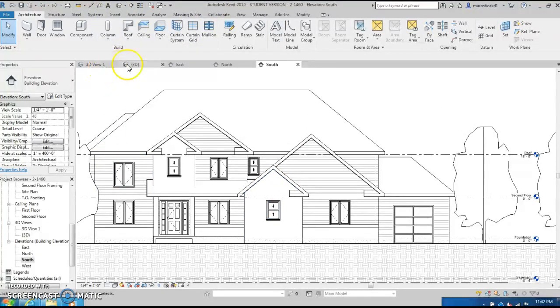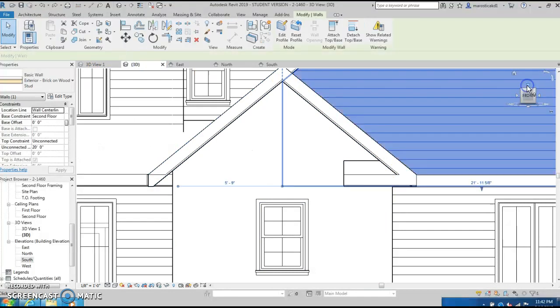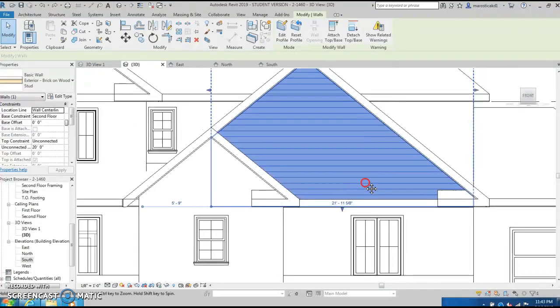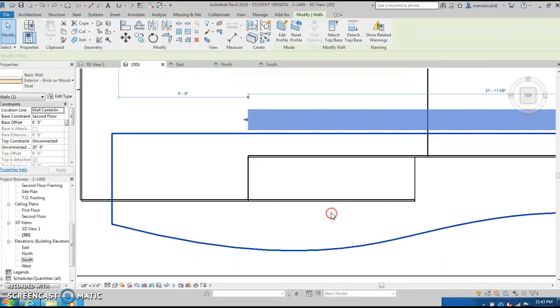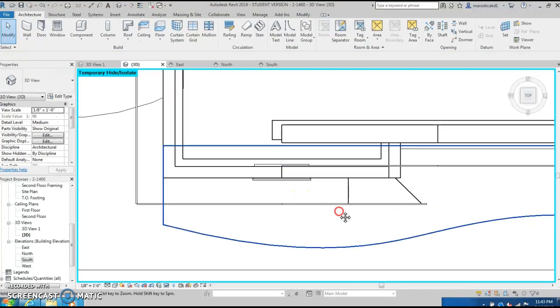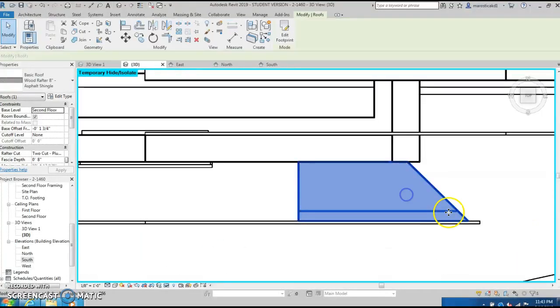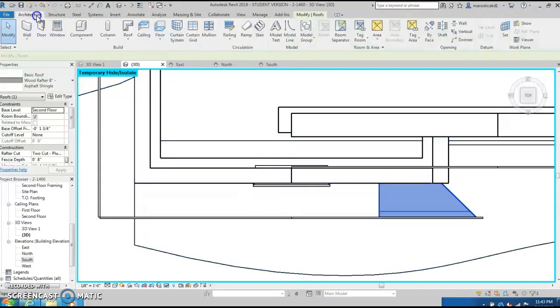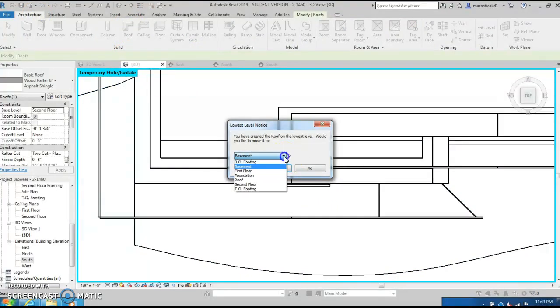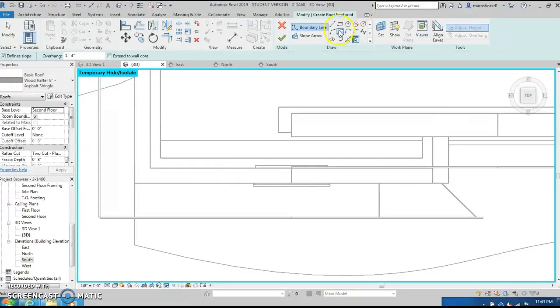So we'll go back to the 3D view. I found that it's easiest to do it in that view. And then we'll look at it from the top here. And then what we want to do is hide this. So if you look at this already made one, we can see kind of the shape of the other roof that we're adding in. So I'll go ahead and go to Architecture and say Roof. And then we're going to want that at, I believe it's the second floor. And then, okay, we'll take a box